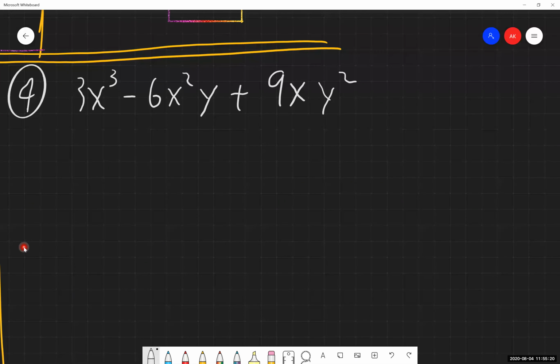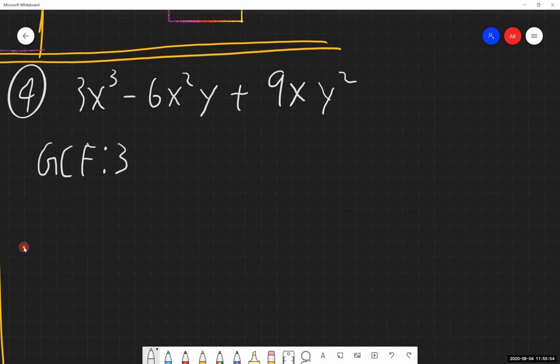And we'll figure out this one a bit more mentally this time around. So what is the largest number that evenly goes into 3, 6, and 9? And for this, the greatest common factor for the numbers is going to be 3. You're welcome to go through the table or make a table for yourself if you want to. I'm going to try and go through this a little bit quicker though. So our greatest common factor for our numbers is 3.